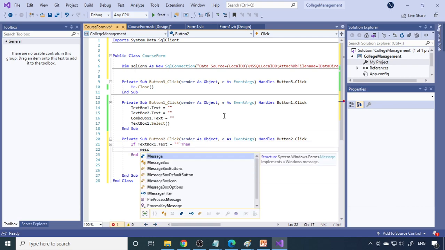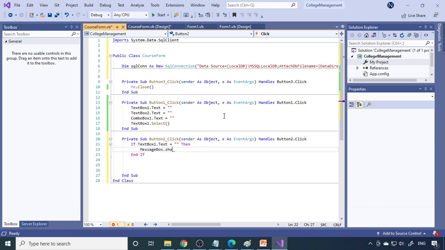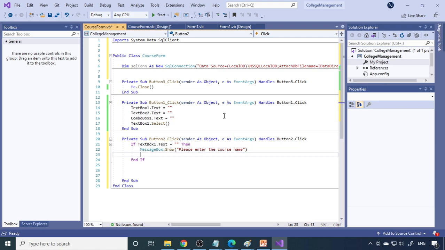So there is MessageBox.Show. Here: please enter the course name. Then you can give Exit Sub. Exit Sub means you don't execute the rest of the code. You have to stop here only. If the text box 1 is empty, then there is no need to execute the rest.